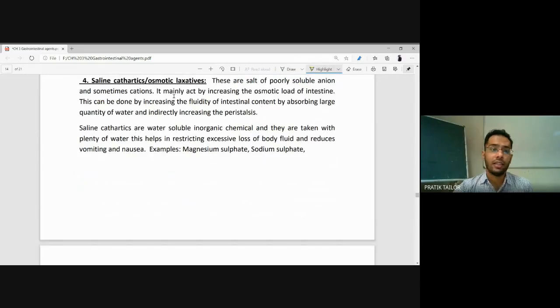Saline. These are salts which cause an osmotic difference. They drag water into your intestinal tract, and your feces become watery and are removed out of the body by peristaltic movement. Magnesium and sodium salts are of our interest. These are inorganic in nature, these are saline